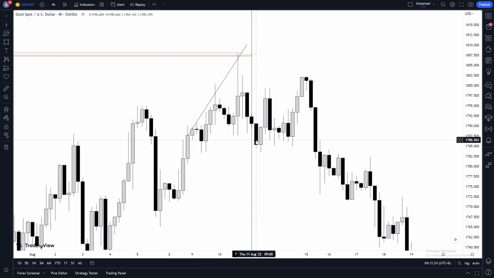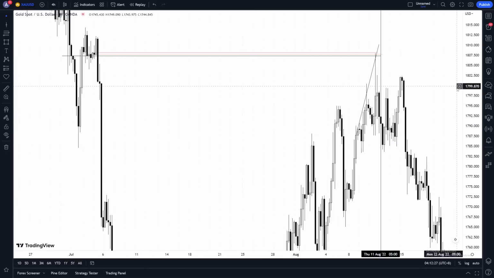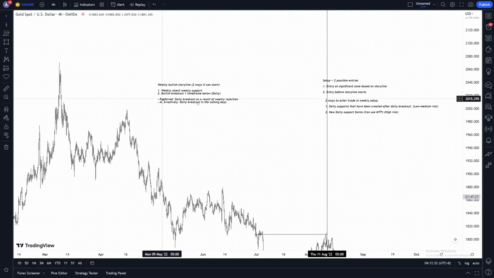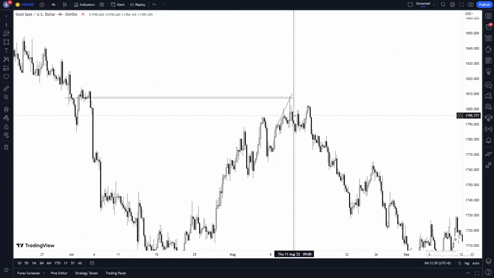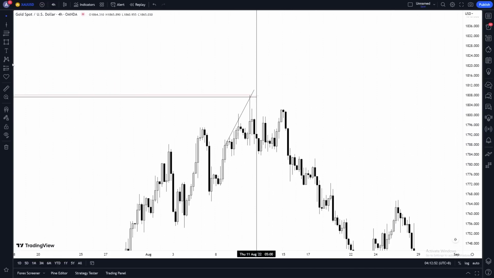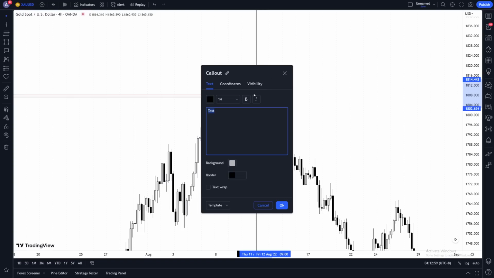Now the breakout happens during the next day, but remember what I told you guys about storylines? We have the preferred and we have the alternative. We have the preferred one, and alternatively, this could happen: breakout in the coming days. So in this case, as a result of the daily reject daily, we never had any kind of H4 breakout, but we had the H4 breakout in the next day, in the coming days, right? That's still considered a daily bearish storyline. So we'll say this, okay? We pick a little call out, and we'll say daily bearish storyline started here. We'll just point out this.